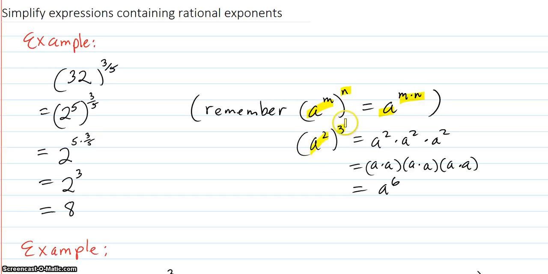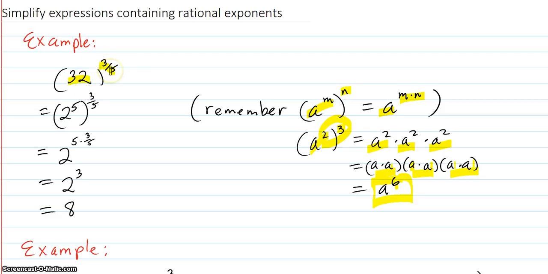A squared to the third power is a squared times a squared times a squared. That's what third power means. And a squared is a times a, squared is a times a, squared is a times a. And what you have is 1, 2, 3, 4, 5, 6 factors of a, and that's a to the 6th. So it's a to the 2 times 3, which is 6. So that's how that rule works. So over to here,